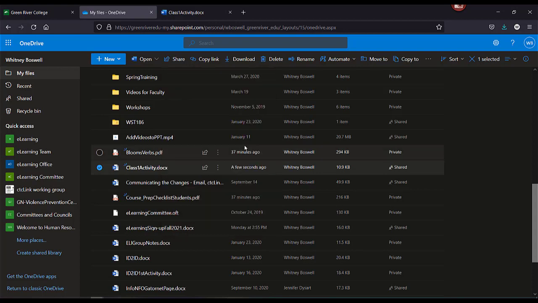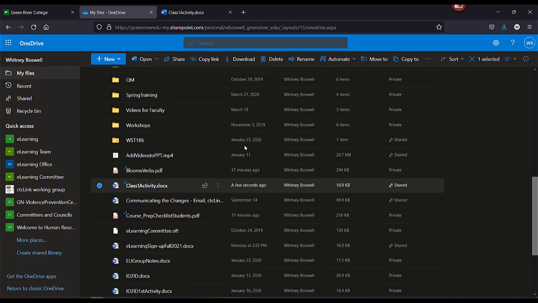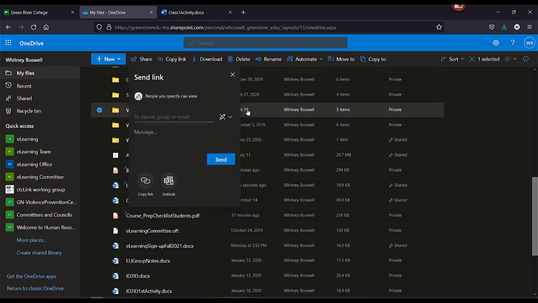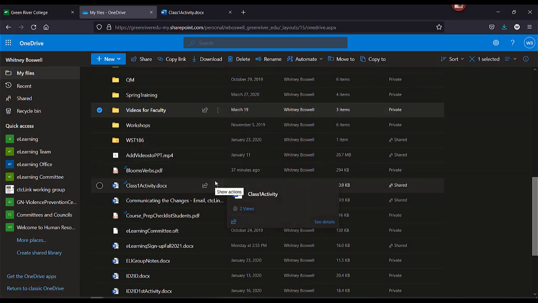One word of caution in sharing any documents in your OneDrive, as well as folders. You can also actually share folders the same way that you would any files. Make sure that there is no personally identifiable information that is under FERPA in any of the documents that you're sharing between colleagues, between peers, between students. So just be sure you know what you're sharing and you're not sharing any information that you should not be.